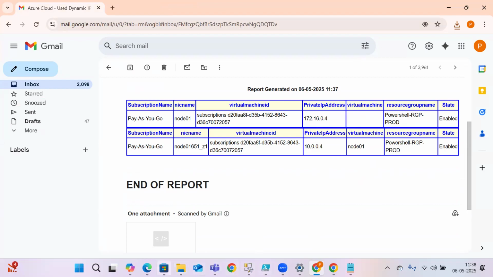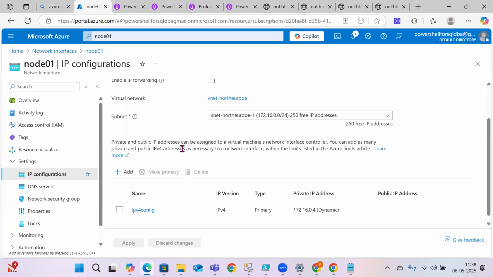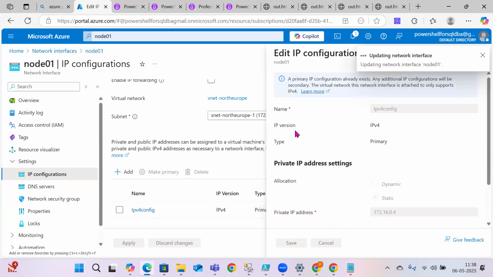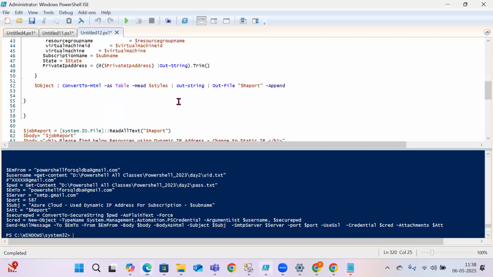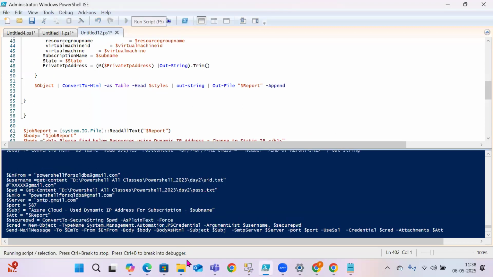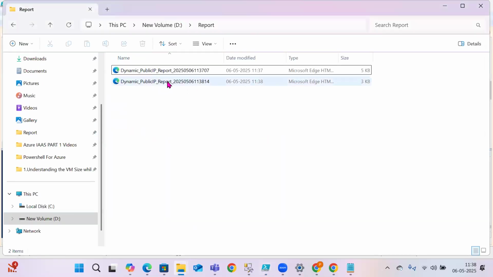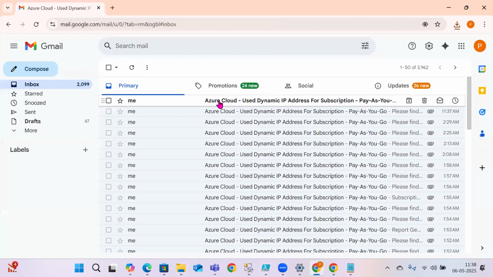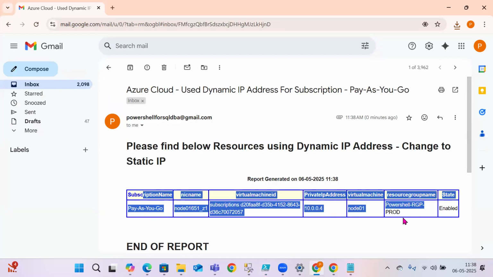Now I am going to change this IP address from dynamic to static. Will I get the report or not? I will not, because of the logic I have given. If I execute now, one more file is going to be created as per this timing, because the timing is taken from the system time. If I go to my email, you can see this time it is coming for only one, because I made that IP static, so the report is not coming for that. It is giving the report only for the one having the dynamic